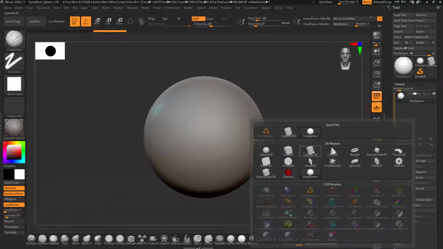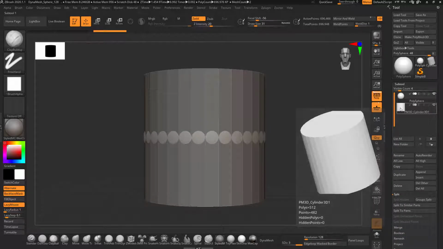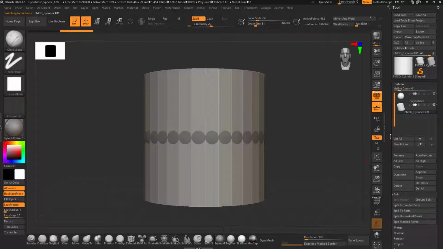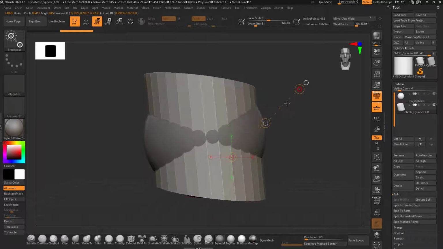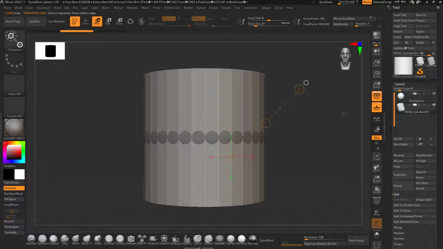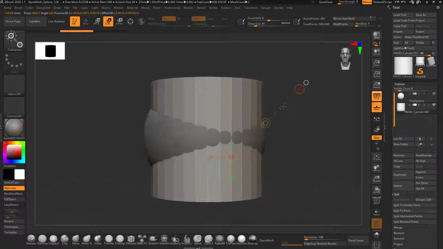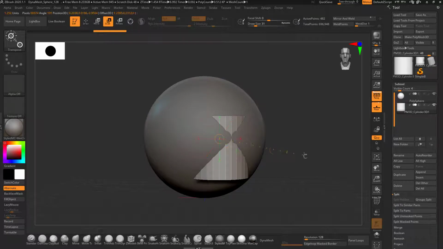So I will add the cylinder and it will be automatically added into the scene. You can then just scale it up. So I'll click on Scale, and I can move it by clicking on Move.